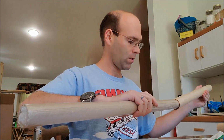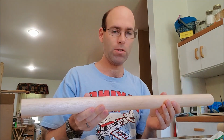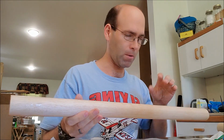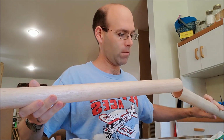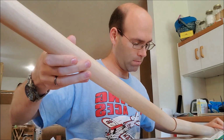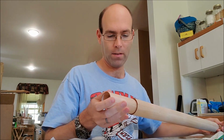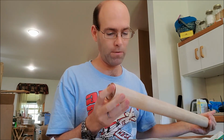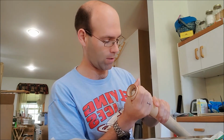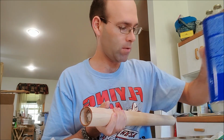So I'm going to slide it back on the mandrel here. The reason we're doing that is because we're going to put a fair amount of pressure on this. So I'm going to slide the outer tube back over here. And then we've got to get acetone all the way down around all that. So what I'm going to do,